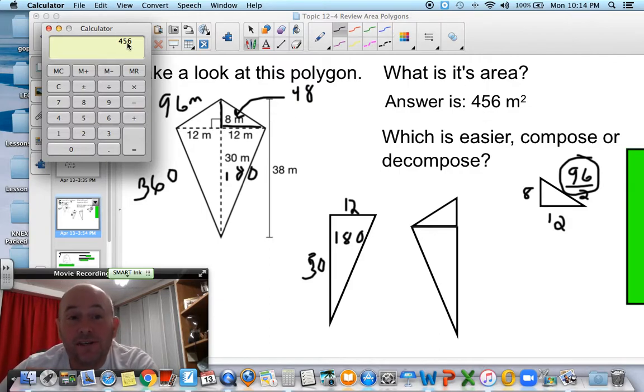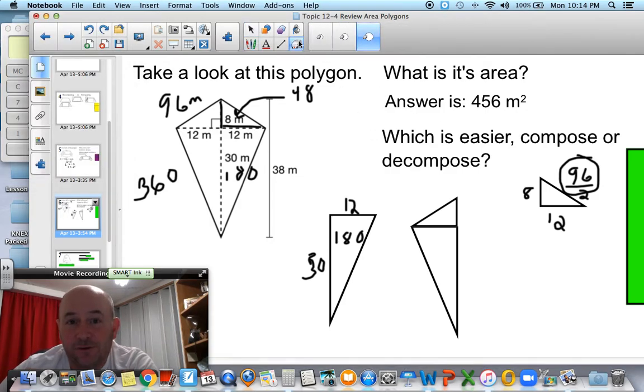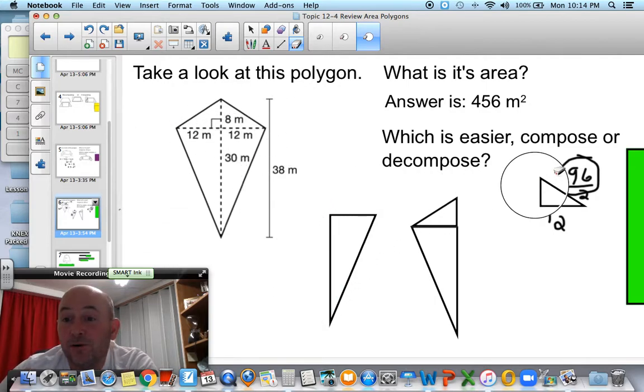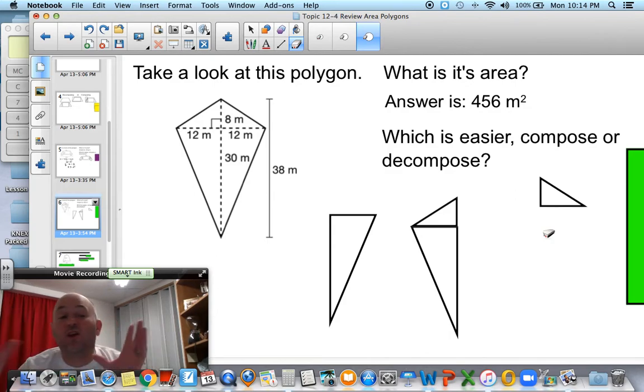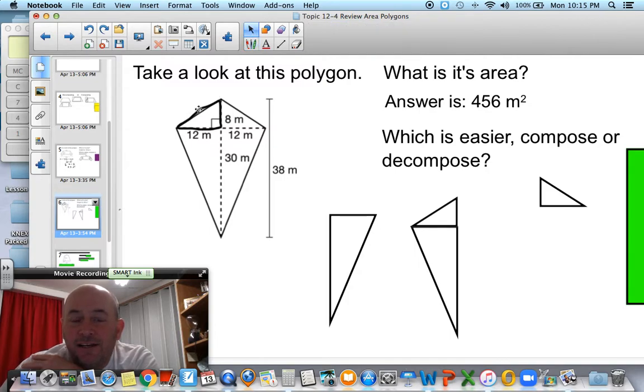And there's another easier way of doing this, okay? So I'm going to show you another easier way of doing this. I'm going to get rid of all this for you, okay? And that was decomposing it to come up with the area. And there's a lot of different ways you can decompose and flip and switch things. But what you'll discover is this is pretty easy with kites. If you take this triangle right here, and you get rid of it and put it over here, you flip it and rotate it, okay,